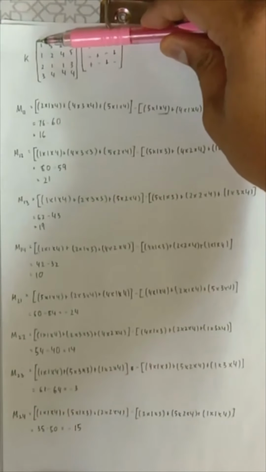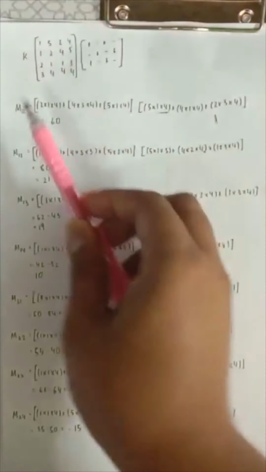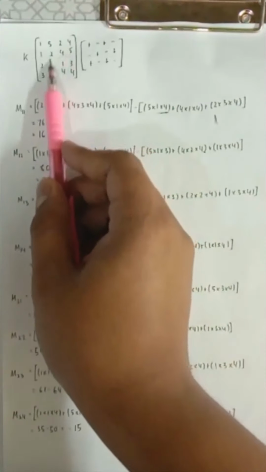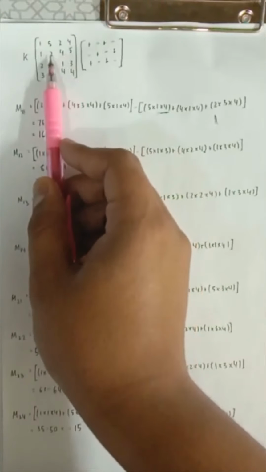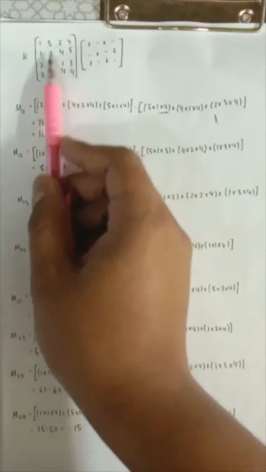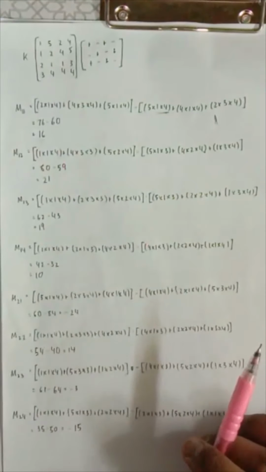To find the minor for the matrix, we have to use this method: first of all, we need to close the first row and close the first column. Then we need to make a new matrix from these 9 remaining numbers. From the new matrix, these 9 numbers, we multiply